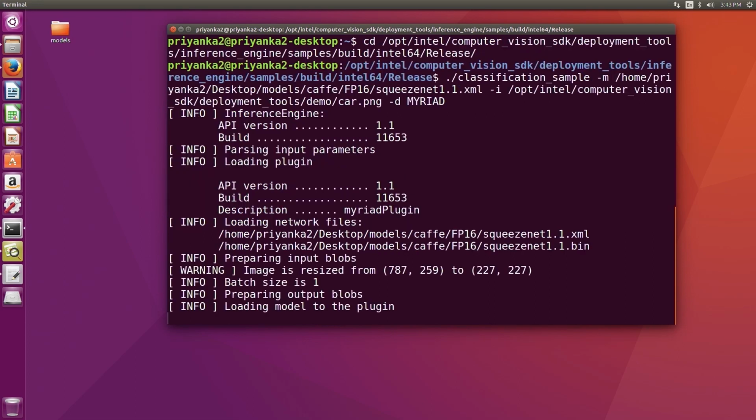Remember that the Movidius Neural Compute Stick requires the input model in FP16 format. This can be done with the Model Optimizer converter command. Your application is now running on the Movidius Neural Compute Stick. Similarly, you can run the same application on FPGA as well with the DLA plugin.